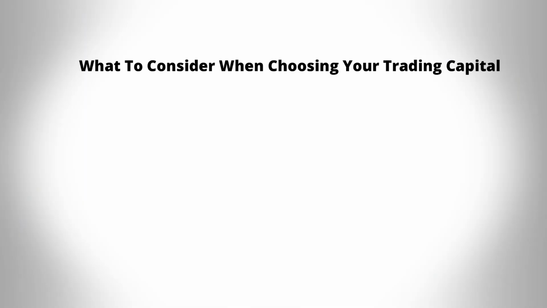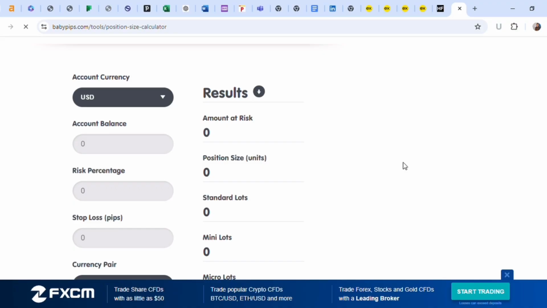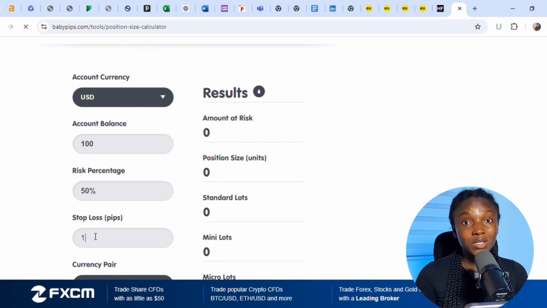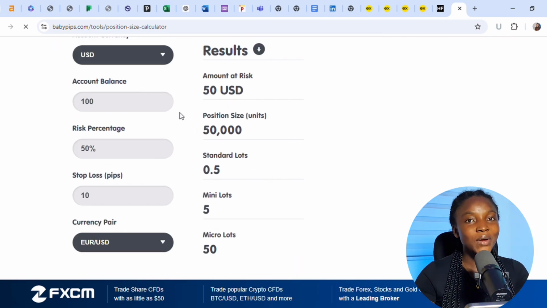and let's discuss that. So when thinking of how much you want to start trading with, you need to consider some things. First of all, you need to consider the instrument you want to trade, how much you are willing to risk, and where you want to place your stop loss. You can use a lot size calculator to determine if the amount you have is sufficient enough to trade with. The Baby Pip lot size calculator is an example of a lot size calculator that you can use, and it's